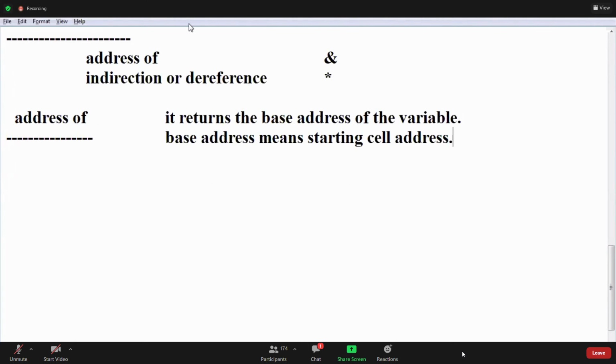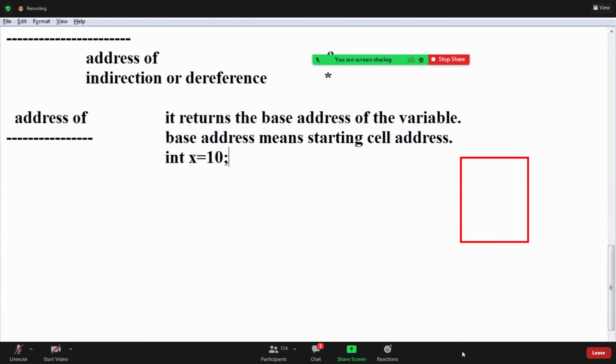For example, if I declare int x is 10, the x value will be stored in 2 bytes, at 1001 and 1002.